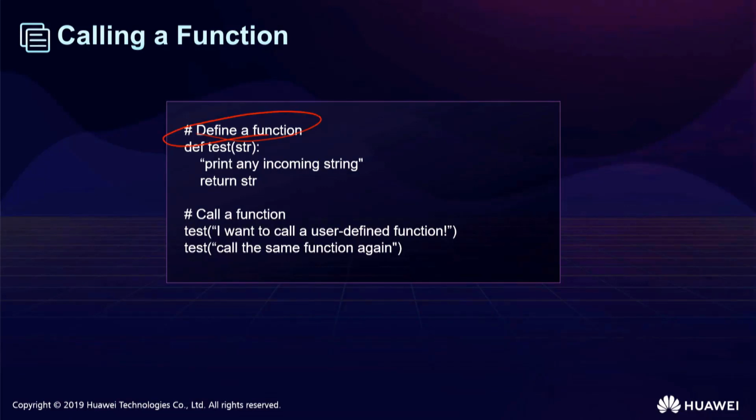First we define the tester function, which prints if it's true, and we exclude this one, which prints any incoming strings and returns the function. Then we use the call. If we want to call the function, we use the function name. I want to call the user-defined function, and we will call the same function again, and print any and